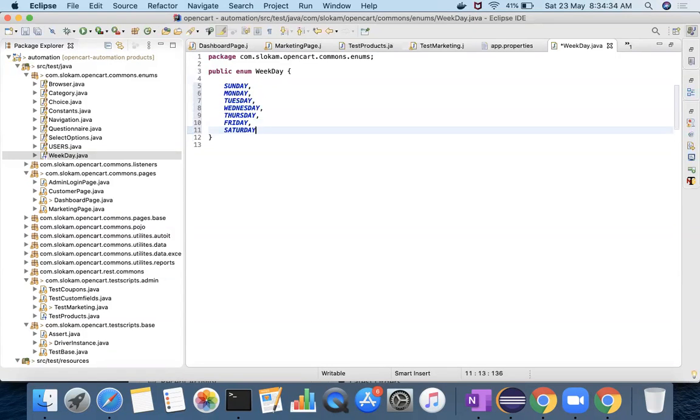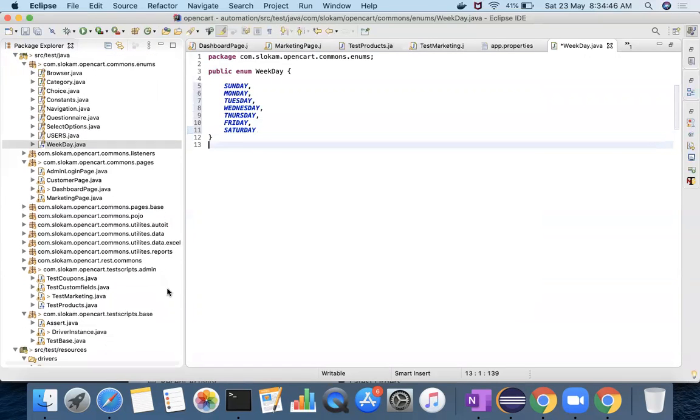Okay, so these are the enum values that you have defined. So there are 7 constants you have in this enum. Okay, how it can be used, I'll take a small example.